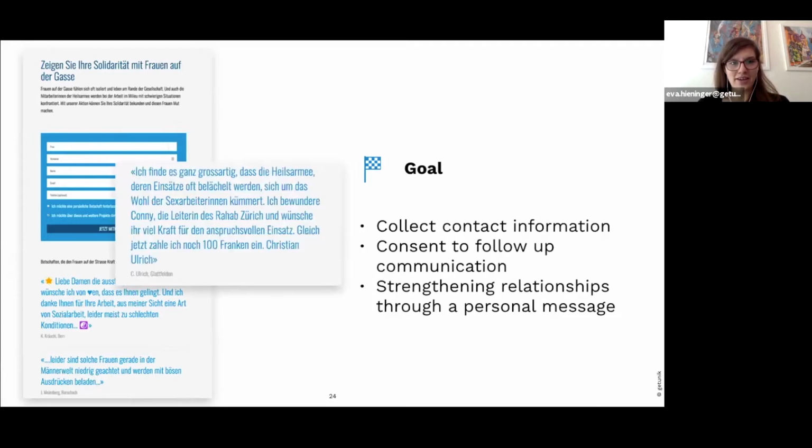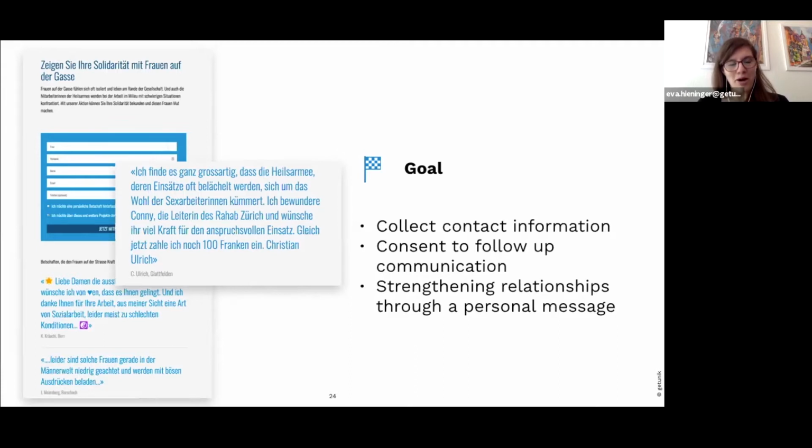So here's an example I'm going to translate. "I really think it's really great what Salvation Army is doing, and that they are taking care of the women working as sex workers." And then the person also thanks Connie, who is the head of the project for Salvation Army, and says, "Because of this, I'm going to donate 100 Swiss francs right away." So here you see the people are engaged with the organization, and they also really see the point of donating to Salvation Army,